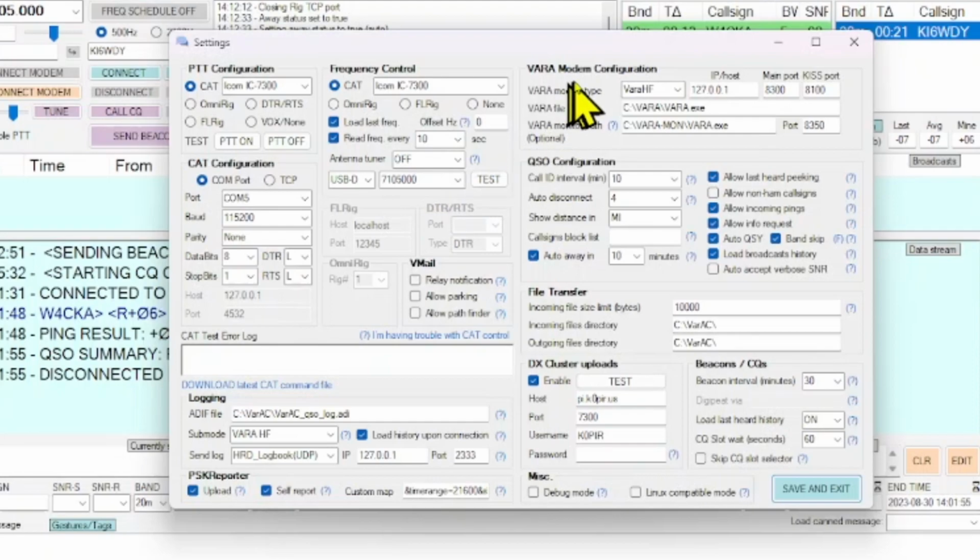Over here under the VarAC modem configuration, same as in my previous video, the file path for VarAC is this one, and then I just made a copy of that directory and named it VarAC-MON for monitor, and I entered that path in here, and then the port for that one is 8350. The main port is 8300, and the port after that is 8350. And again, I'll go back and check my previous post. I'll make sure that I have these screen captures on my article on my website, so you can refer back